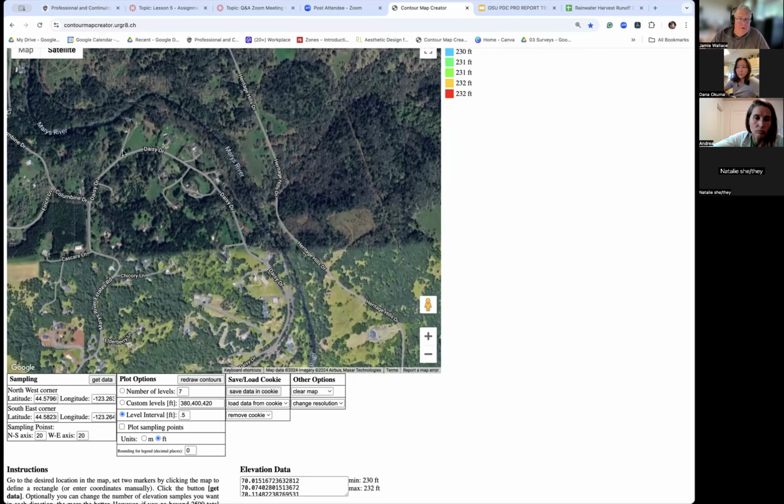So let's say there's Mary's River, and let's say we have a project site that goes right across the river. Funny enough, there are some project sites that do that. And we'll just presume that we're going uphill in this direction. But we have roads here, so